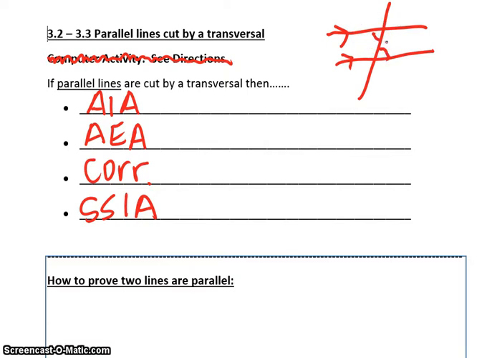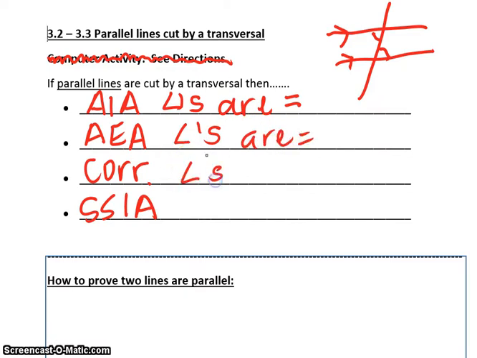When the transversal cuts a parallel line, let's look at AIAs, and remember those are the ones that make a Z. These are the angles that are on opposite sides of the transversal, but on the same side of the two lines, on the inside. When the transversal cuts, these two angles become equal. So anytime a transversal cuts parallel lines, AIA angles are equal. Okay? The same thing happens when we have AEA, corresponding,